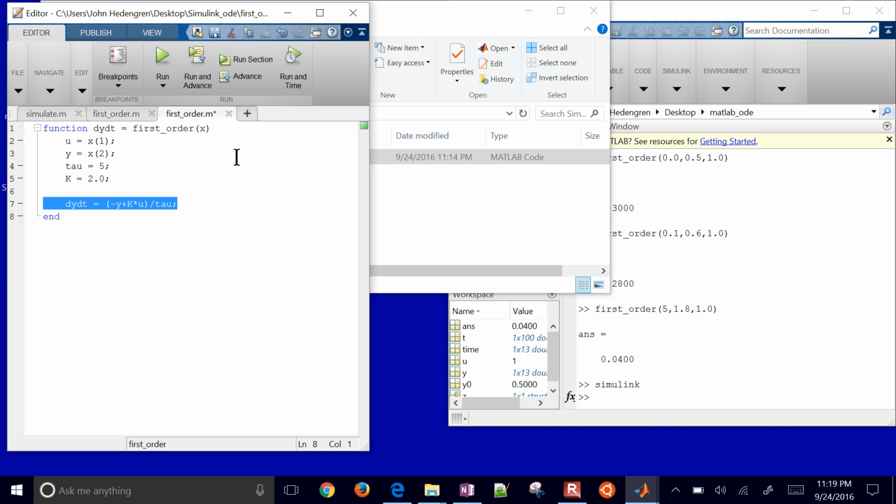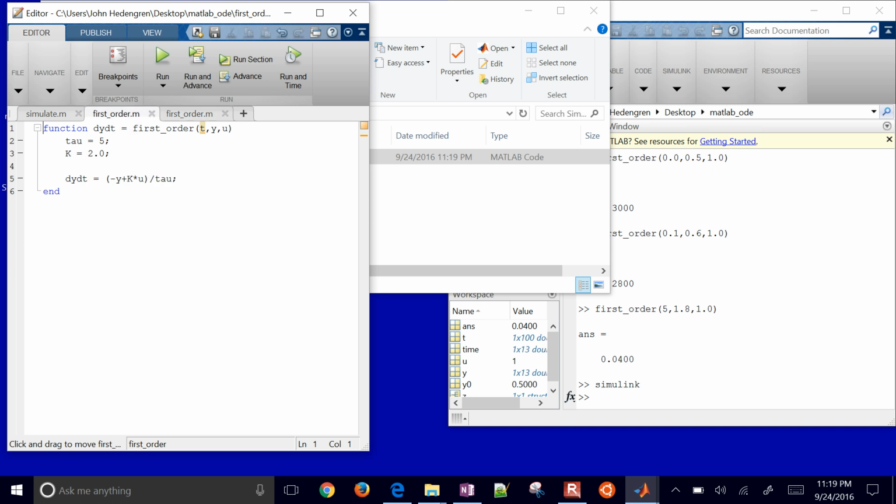Okay, and then we'll still return dy dt. So in Simulink, everything's going to come in as a vector, and then we get to split it out into two elements there. We still have our parameters tau and k. So it's just a little bit different than we did it last time. Okay, when you work with ODE integrators, we're just going to do an interpreted